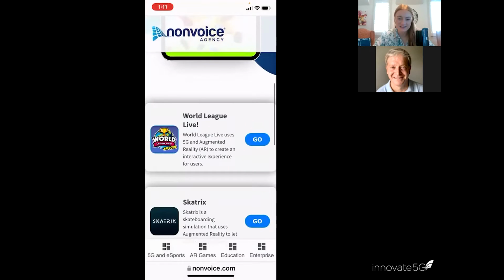We also think about ultra high definition ray rendered video. So when you start to think about 4K video, 8K video, 360-degree video, volumetrically captured video, you really do need that 5G network to be able to broadcast those types of high quality video experiences. So there are lots of different factors that go into making a 5G app and unlocking that extra functionality. Let me give you some examples of some of the 5G apps that we work with here